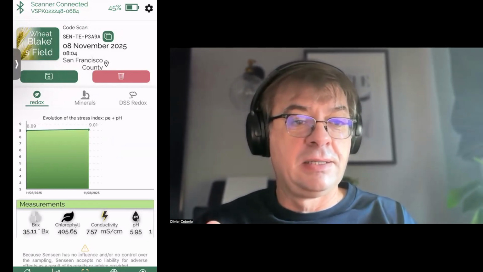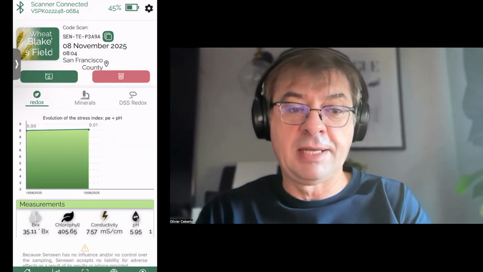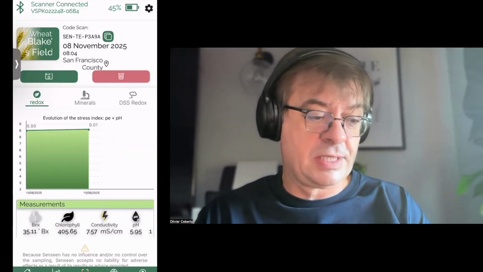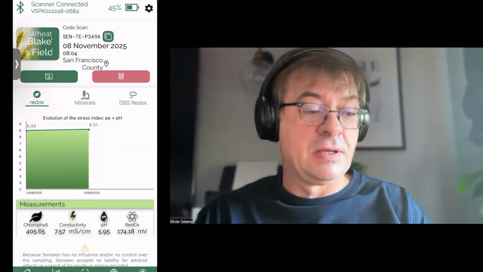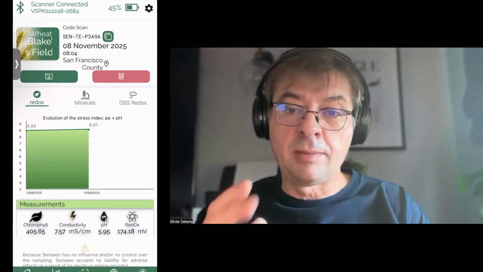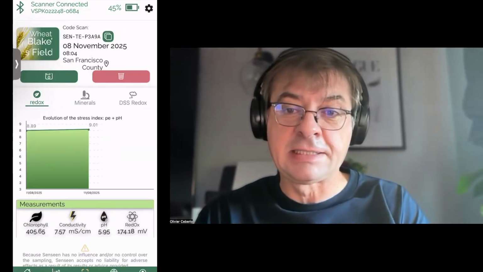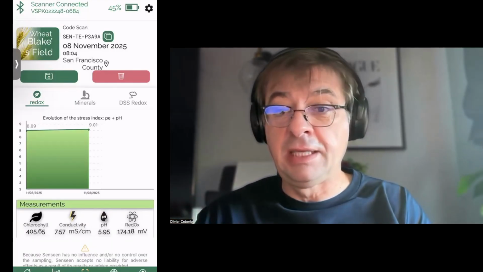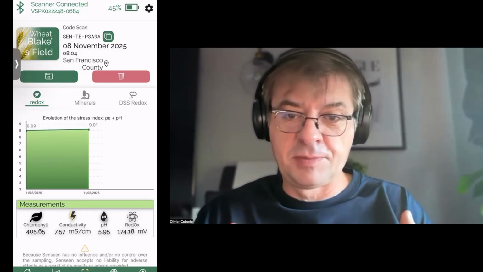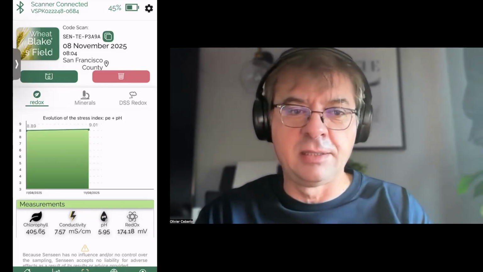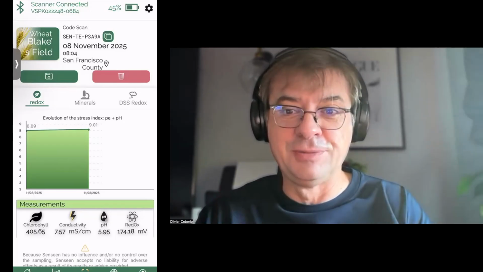So the screen is about plant health. We measure Brix, chlorophyll, conductivity, pH, and redox. Because we measure redox, we are able to calculate an overall stress index, which is pH plus redox plus pH. And what we see from observation, there is no paper yet about that because this is very new,